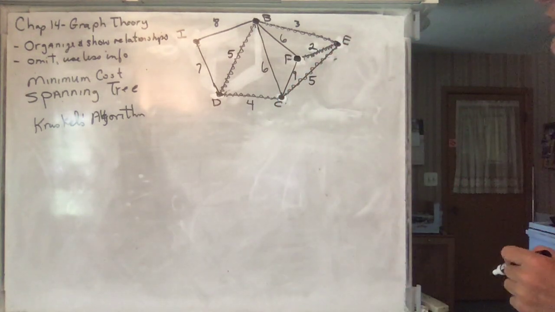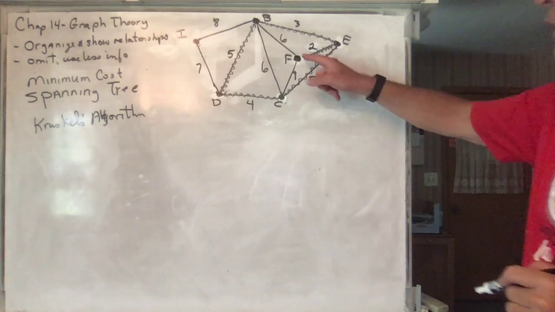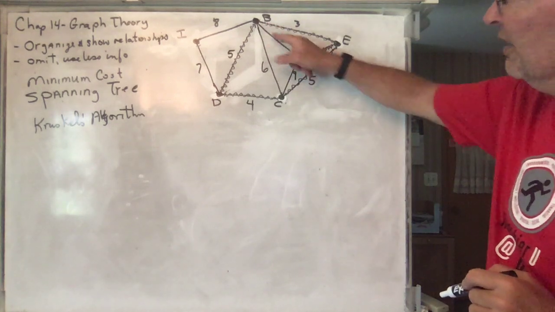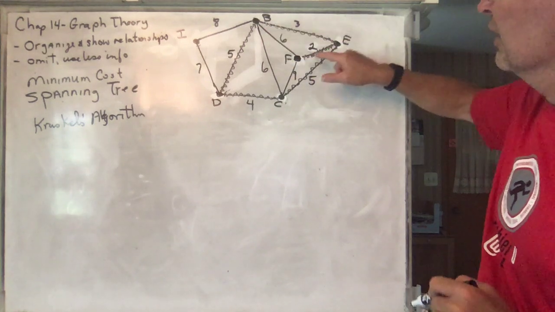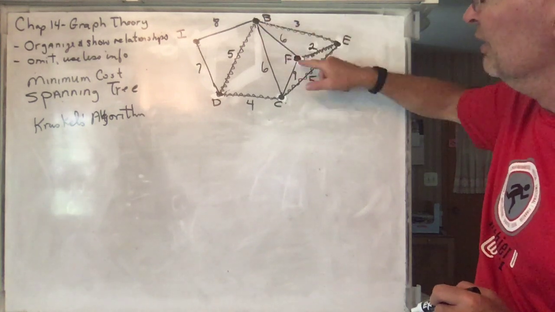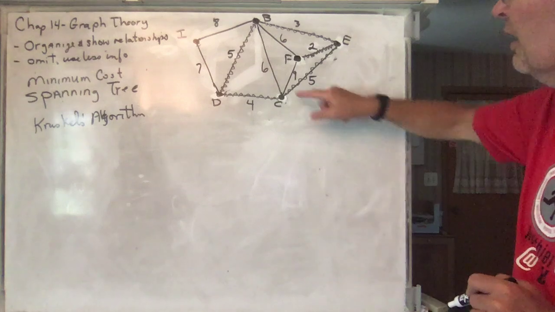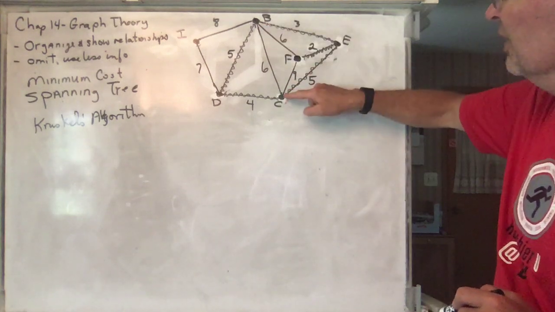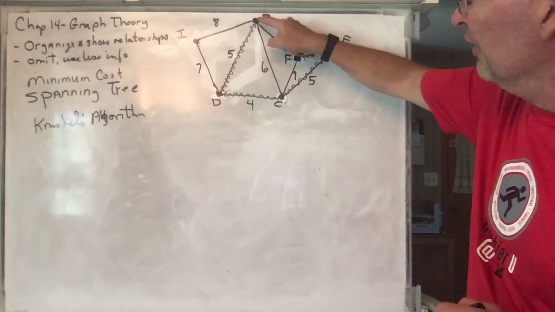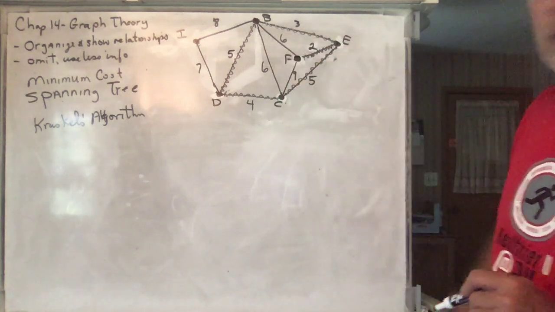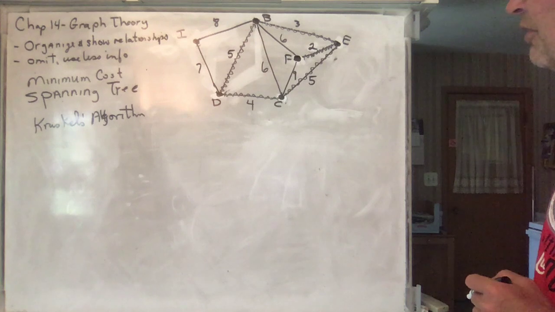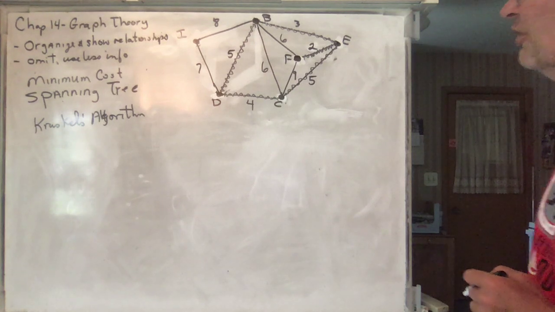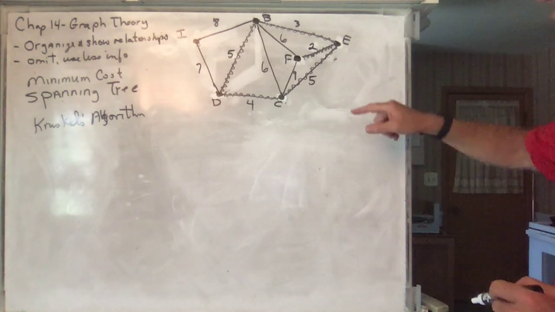Notice we're connecting all these vertices. Here's a 6, but I don't want to take that because notice if I have that 6, I've got myself a circuit. There's no need for it. I've already got these 3 connected. It's redundant to have that one. Same here. I don't need this 6 because I've already got this one, and this one connected. There's no reason to have this. So we skip those and we go on to the next one. So you just keep going from the smallest to the largest, just making sure that you don't get any closed